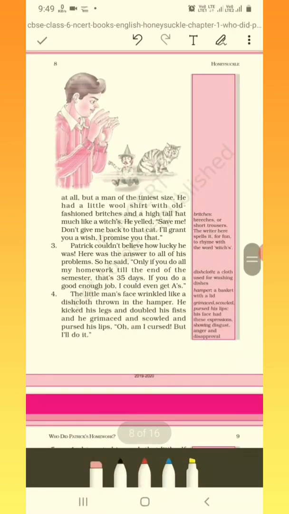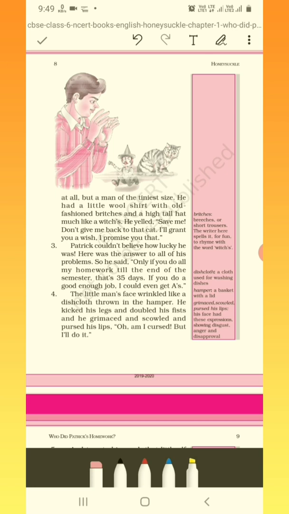As he observed it minutely, carefully, he found out that it wasn't a dog but a man. He was a man of the tiniest size. He was the tiniest thing that Patrick had ever seen. You could imagine to the cat, this man appeared like a doll. Not to the cat, to be precise, it appeared like a doll to Patrick at first. So this also tells us about the size of the elf.